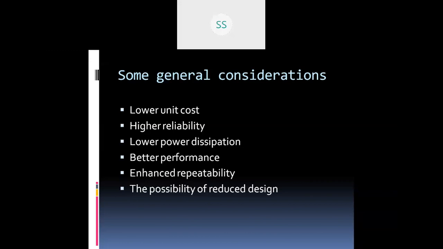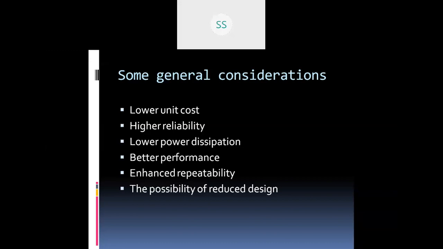Then the other one is higher reliability. In case of highly integrated systems, where there are reduced interconnections, ensuring reliability is most important. It is not only that the integration level is very high, at the same time, whatever reduced interconnections are there, they should be reliable ones. So the reliability aspect is the most important one.